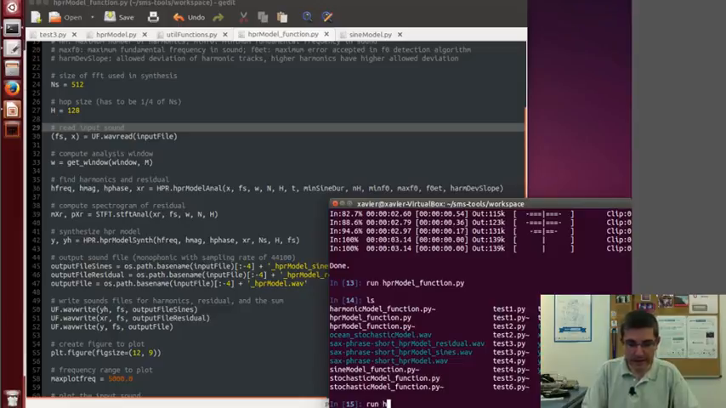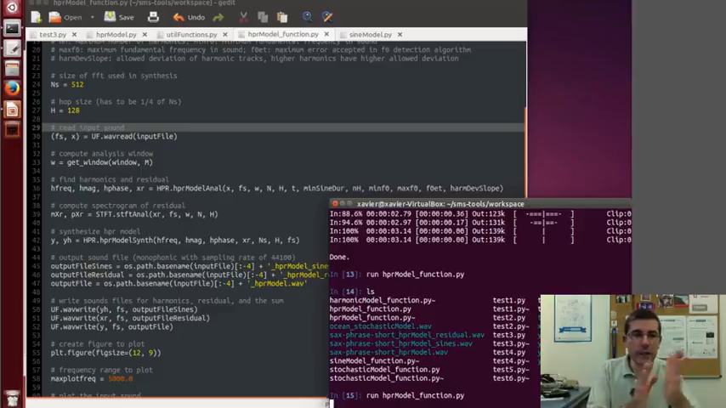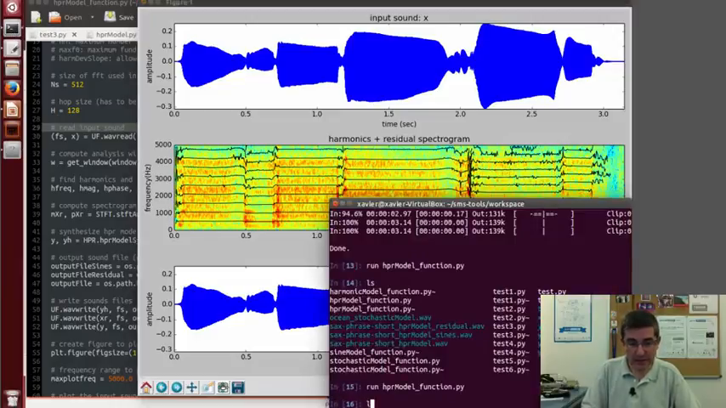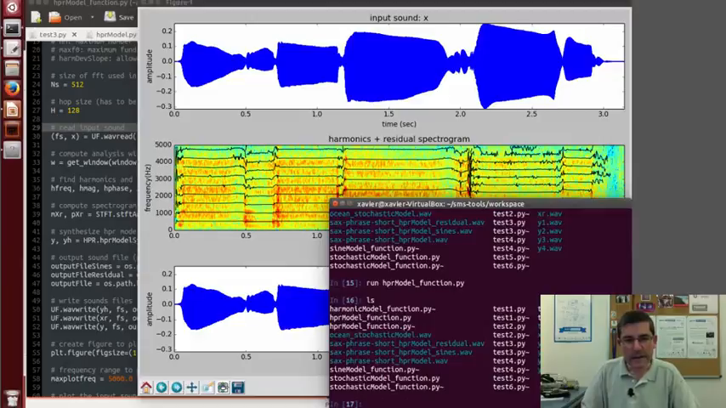We can run this hprModel_function file, and it will analyze a fragment of a saxophone sound, which is the default sound, with the hprModel. So here we see the harmonics of the sound, and the background is the spectrogram of the residual. So we have computed the spectrogram of the residual, and here are the two together. And of course we can listen to them. In this directory, it has saved the residual, the sines, and the sum of the two. So we can just play